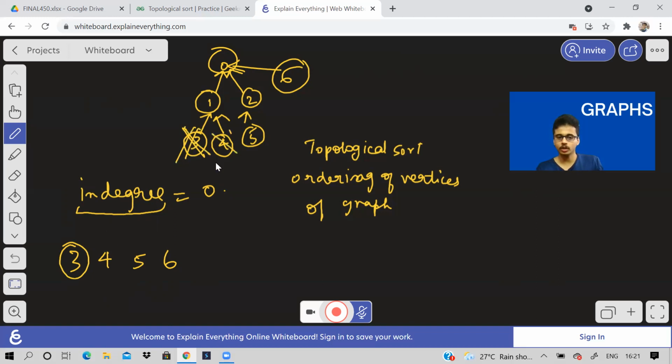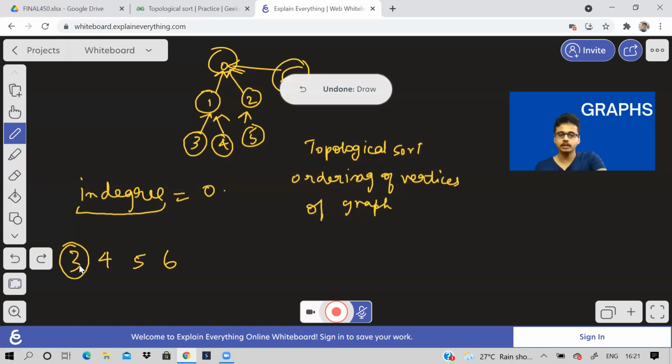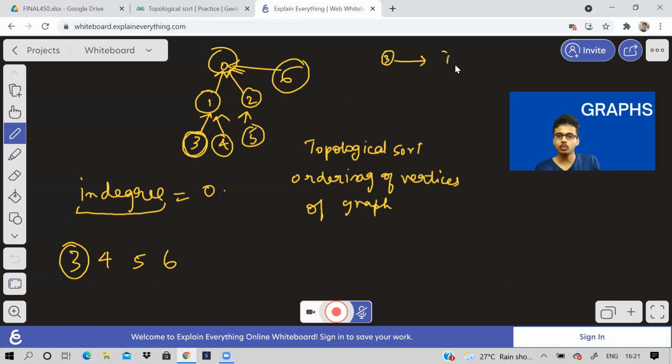After printing 4, you're removing this leaf node, like that. That's what I mean by saying that find the in degree and print them, right? So I have found out that vertex 3 has in degree 0, fine. But also what I have to do is, whatever vertices have an edge associated with 3, that means from 3 there is an edge to 1, right?